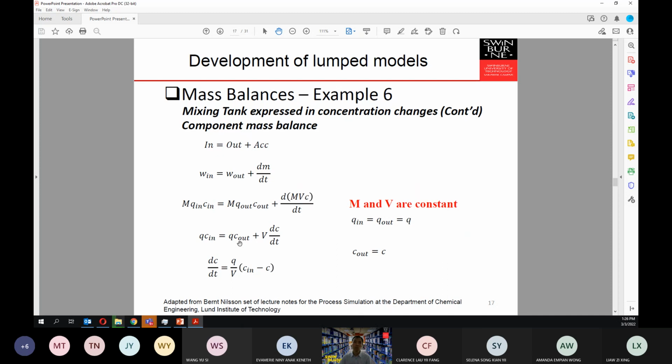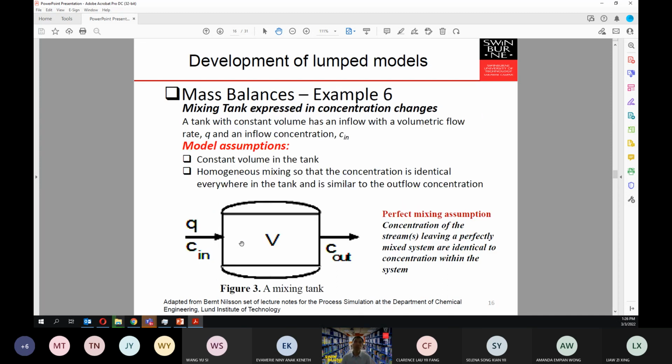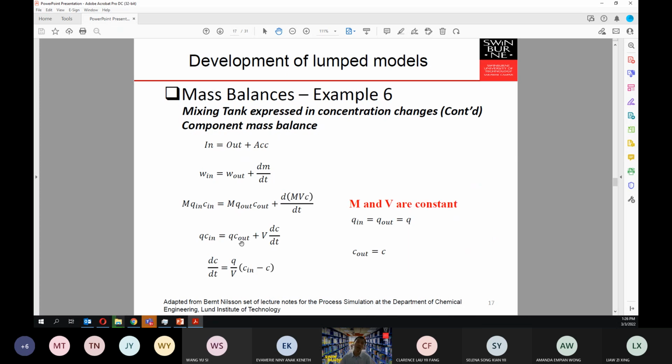Okay, and I think this one in here, you don't necessarily have to take Q in or Q out, right? But in this particular example, we just take this as equal to this one, just to simplify so that we can have this final expression in here. You get it? You see? It does not necessarily have to be here.